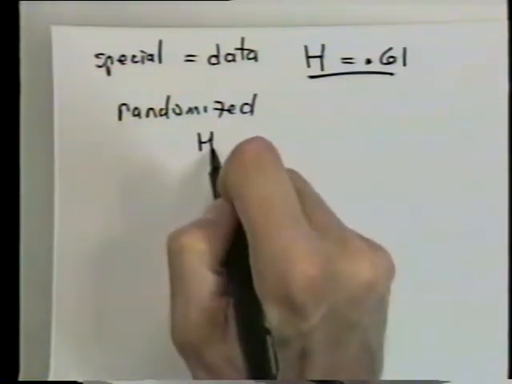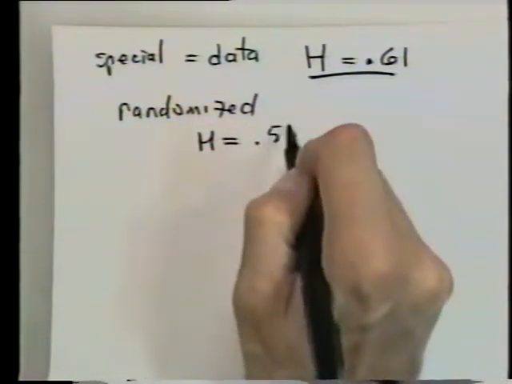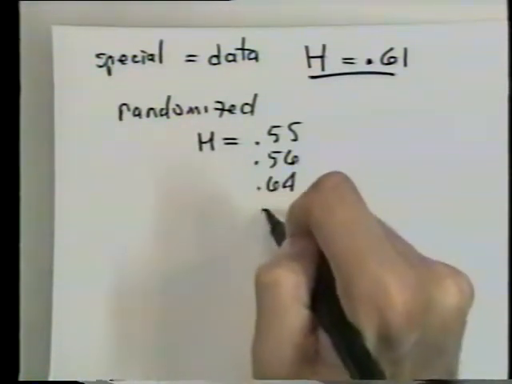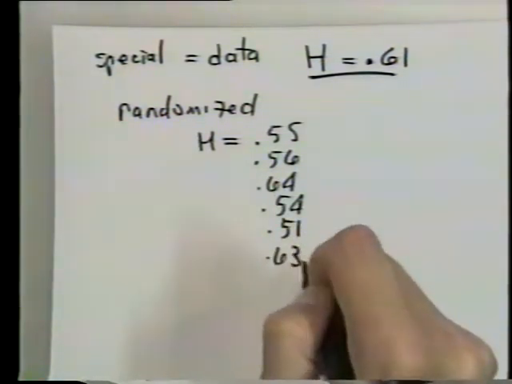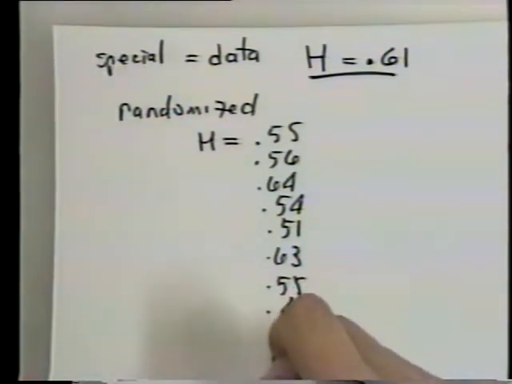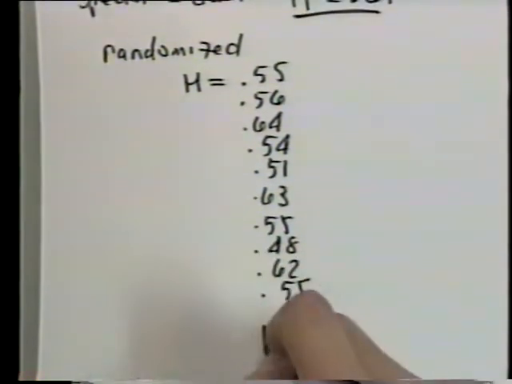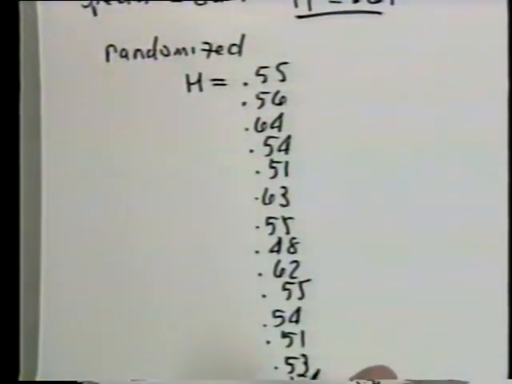And that produced different values of h from the same data, which were 0.55, 0.56, 0.64, 0.54, 0.51, 0.63, 0.55, 0.48, 0.62, 0.55, 0.54, 0.51, 0.53, 0.54, going off the edge here. Okay. And the deal was that